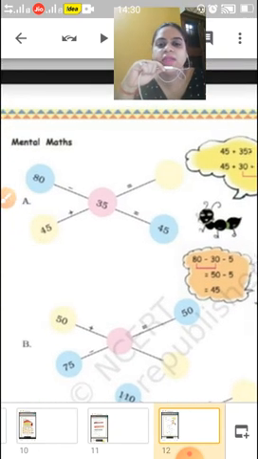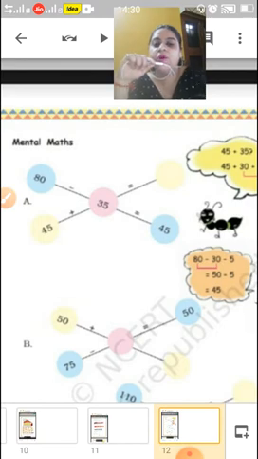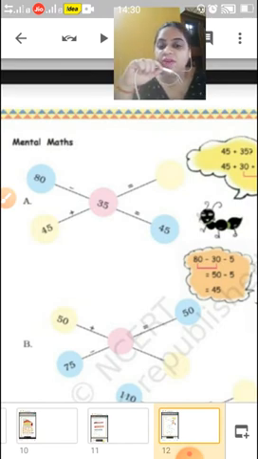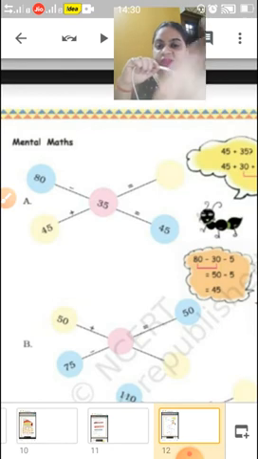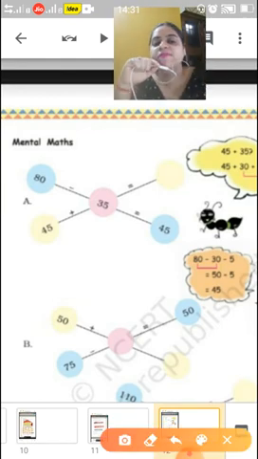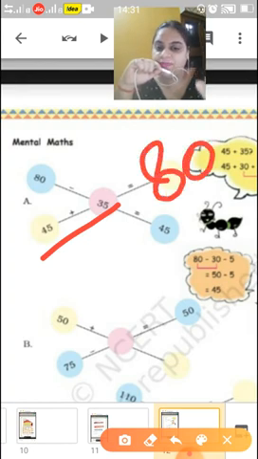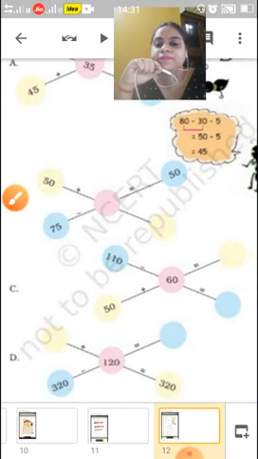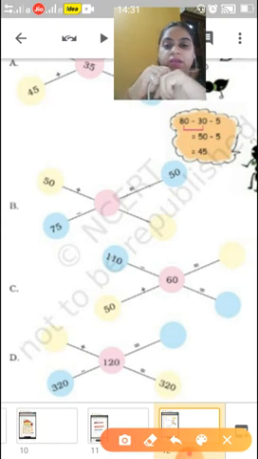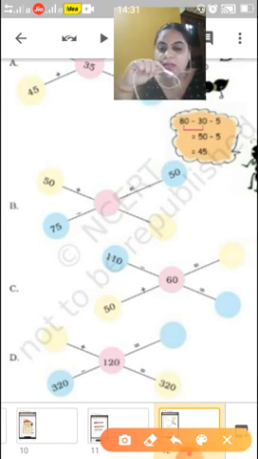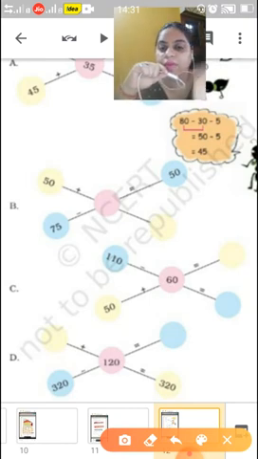Here you have to write down the missing number. 80 minus 35 will come 45. One is done. Now 45 plus 35, what will come children? Again 80. Okay. Now next, second part, 50 plus, what will come in the pink box? 50 plus what will come, so that our answer should become 50.